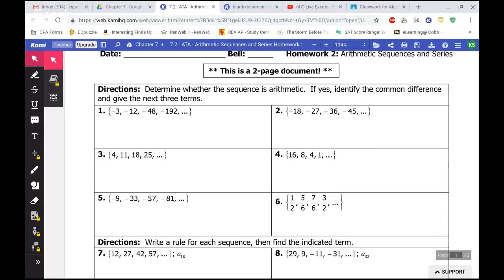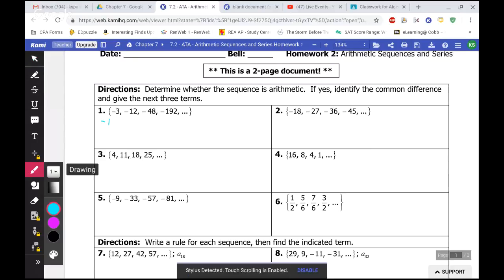In order to identify whether a sequence is arithmetic or not, you need to take the difference between the first and second, and then again between the second and third, just to confirm that the difference, in fact, is the same. So typically how I do that is I would do